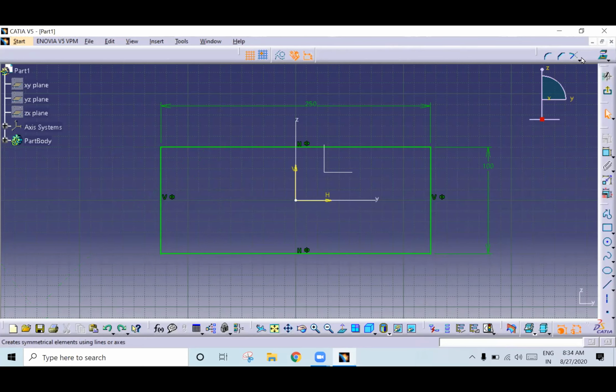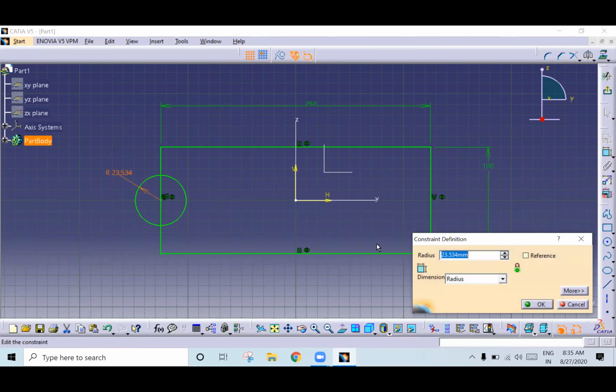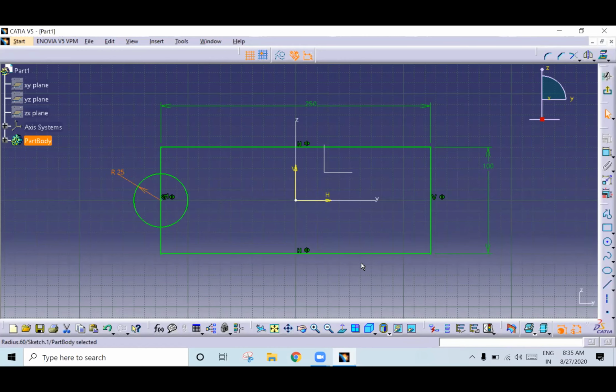Next we have very important mirror. Suppose you have a circle. I will do the constraint here. Okay. The only thing is I need to give a radius or diameter. I will give radius itself, around 25.